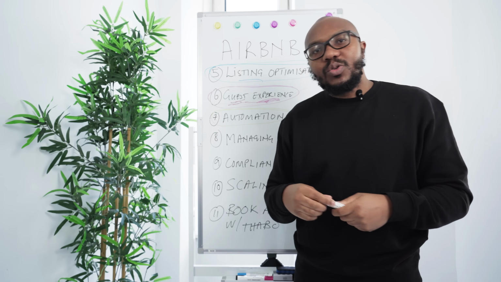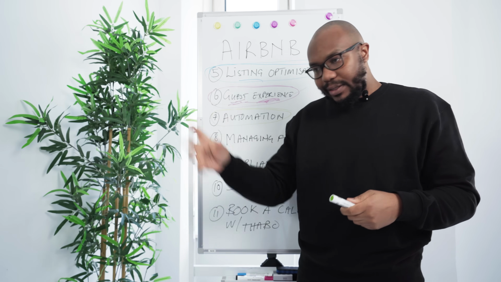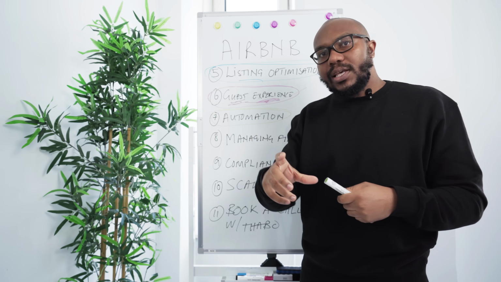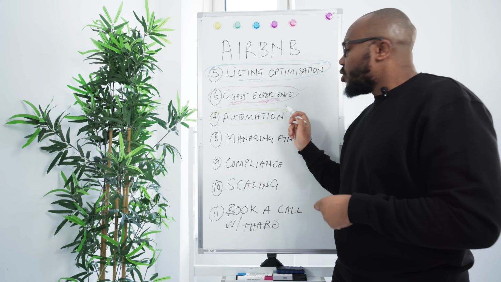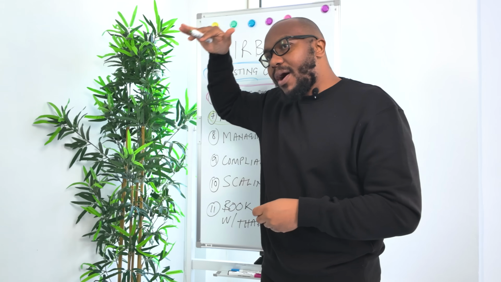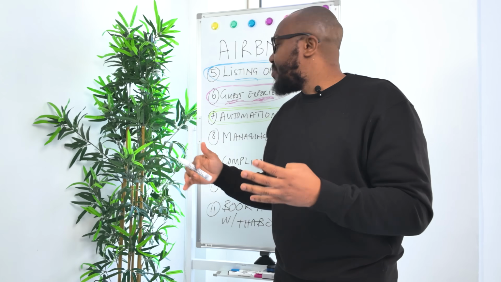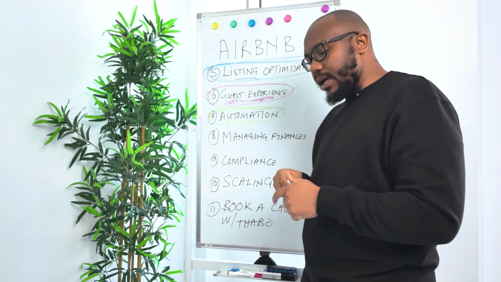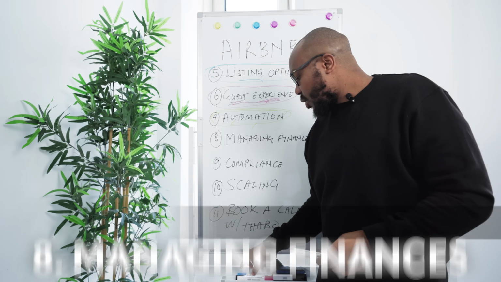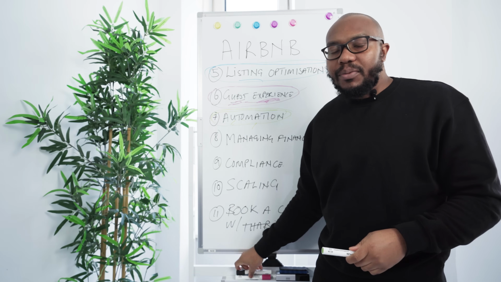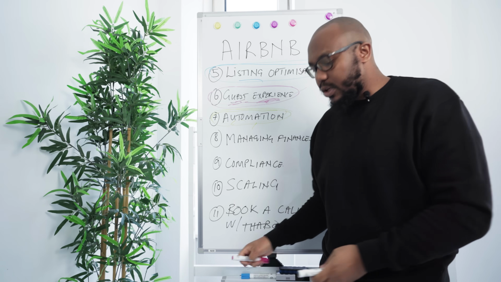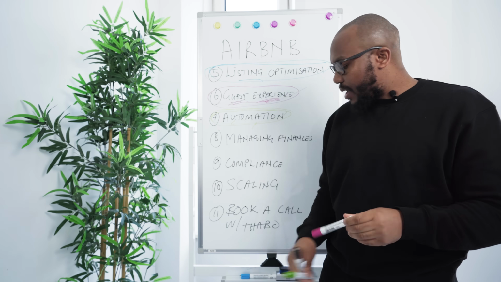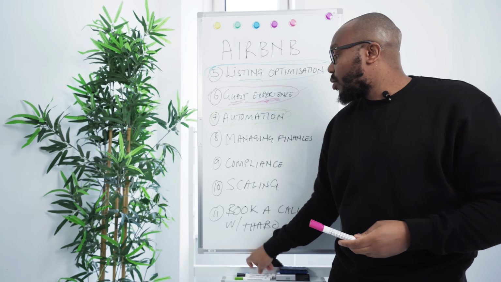So you can also use link calendars, so your cleaners can see when there's a booking, when there's a check-in, there's a checkout. This is automation. You want to be working above the business, not inside the business. So automation actually does help. After that, it's all about managing your finances. Remember, we are treating this as a business, not as a side hustle. So that's how you make money on Airbnb without owning the property.